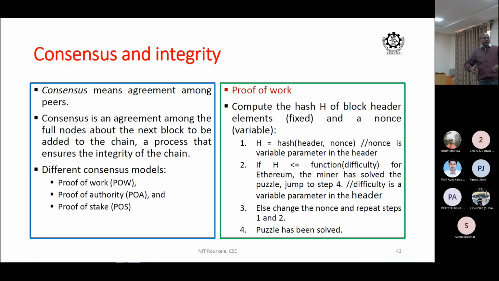Look, there can be 1,000 nodes. So all nodes are not miners. Everyone cannot be a miner. To become a miner, you must have a computational capability. You must have high computational capability. Then only you can become a miner. So if a block is mined and it's published, then it has to be agreed upon by most of the verifiers. Most of the verifiers agree, yes, this is the block to be added.